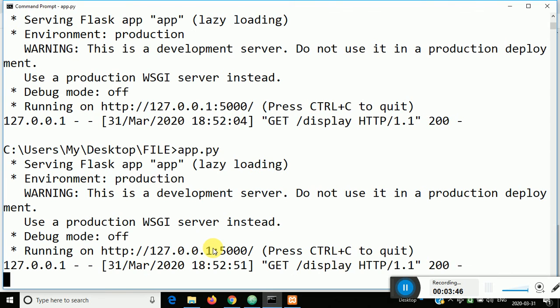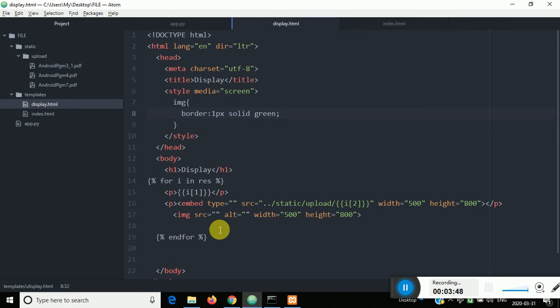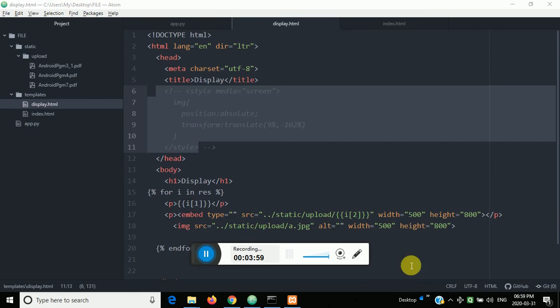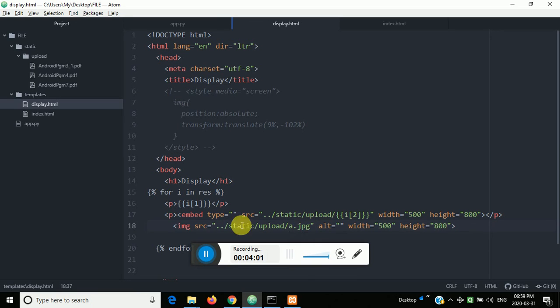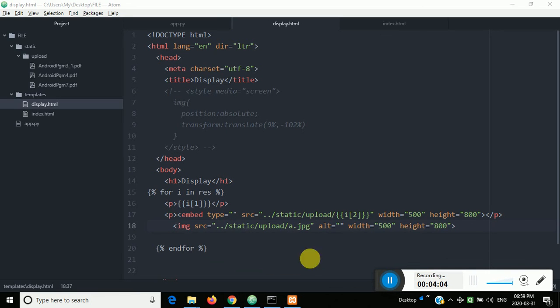We'll do one thing, I'll upload one image. So what I have done, I have created one folder, that is I have created one image source. In that I have created one a.jpg. It is not there actually in the upload folder.